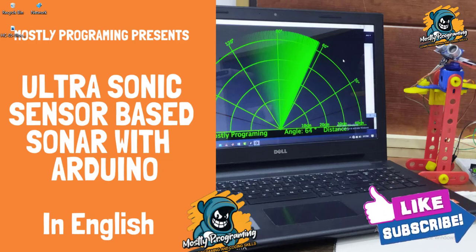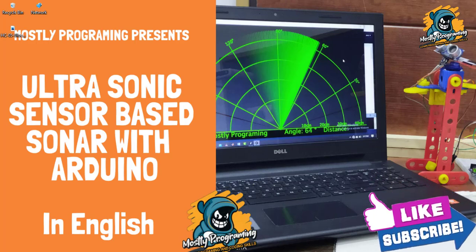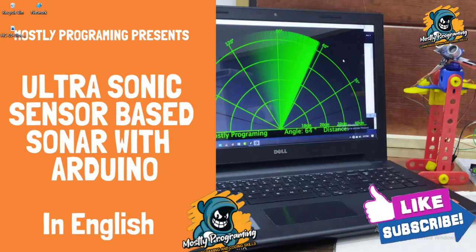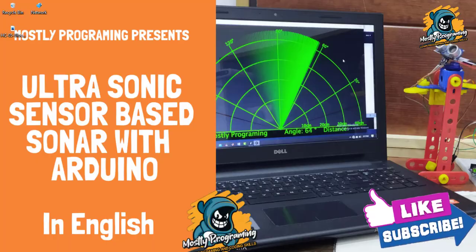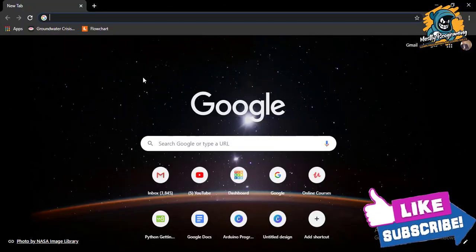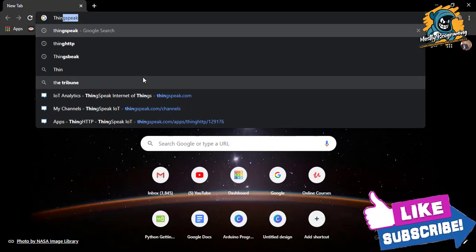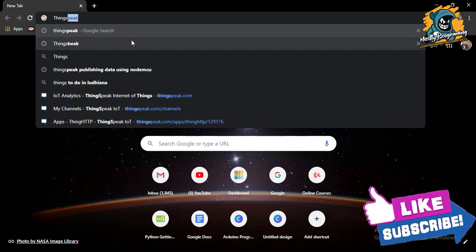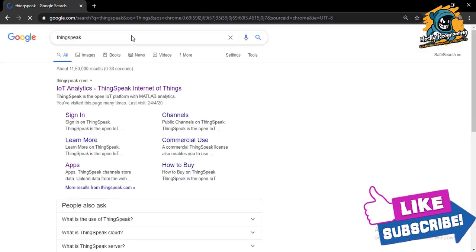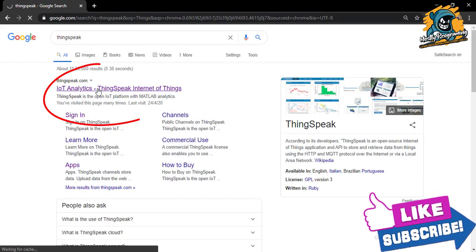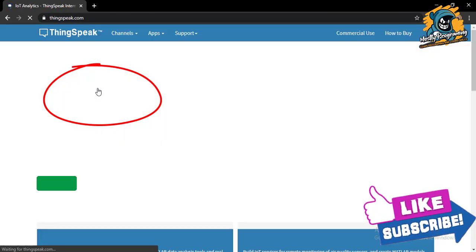Open any browser of your choice. I'm using Google Chrome, but you can use any browser you want. In the browser, search for ThingSpeak. Then go to IoT Analytics, thingspeak.com.